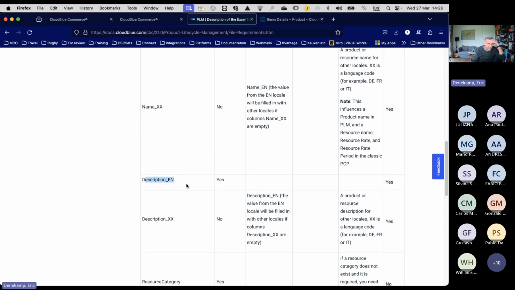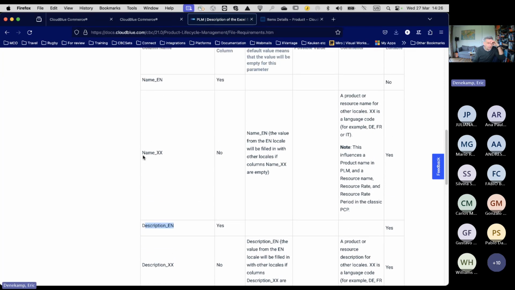And there will be a description in English as well. The same thing, by the way, for the name. I did not include that one. If the name needs to be the same, it doesn't matter, because in that case, you could just leave in the name_en. But if you want to also translate the service plan names, you can do that by putting the same thing in there, name_PT, name_ES. All that information we have in this link.